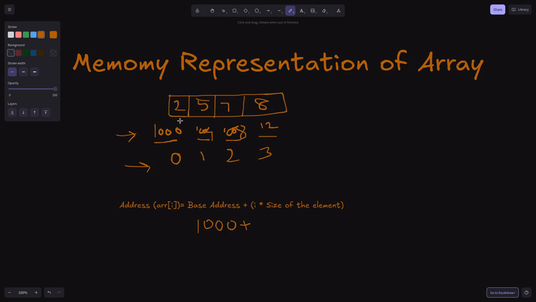The I is the index. We know that an array starts with an index 0. So 0 multiplied by the size of the element, 4, tells us that the first element is stored at the address 1000. Similarly, the second element will be stored at 1 into 4 plus the base address 1000,